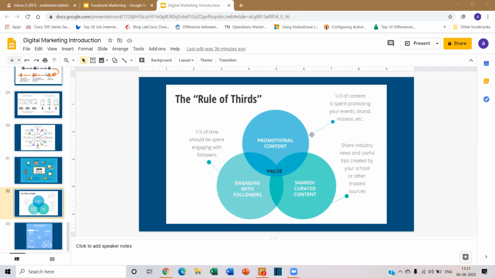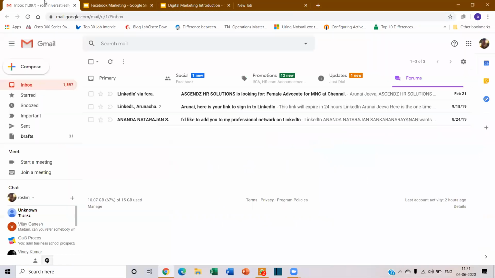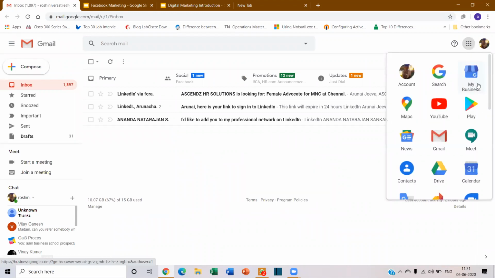The first thing you have to do is have a Google account and an official company. You have to go to your Gmail account, and when you go to this application, you have an icon like this, Google My Business.